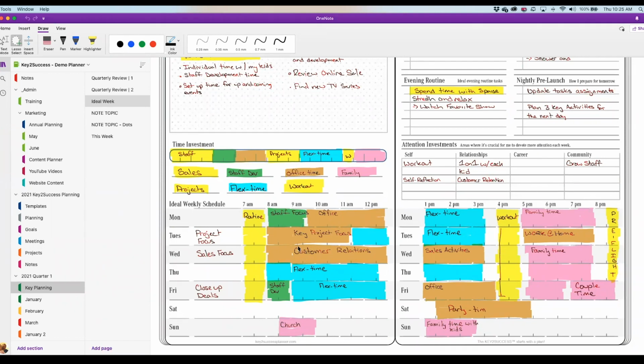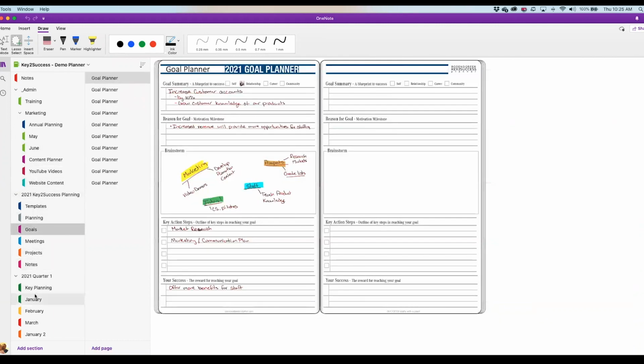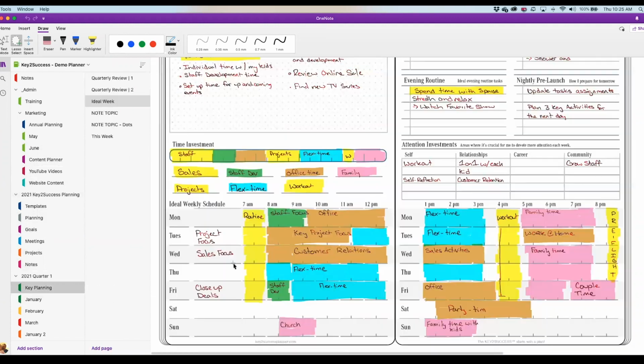Yep. So then from here, you jump back in your goals and say, okay, I know for my ideal week in this particular quarter that my goal is, I know I've got one whole day. Thursdays, I pretty much don't have any standing commitments. I've got Monday and Tuesday afternoons available. What can I do at that time, and how can I make that time purposeful?